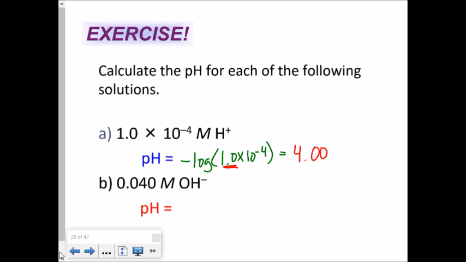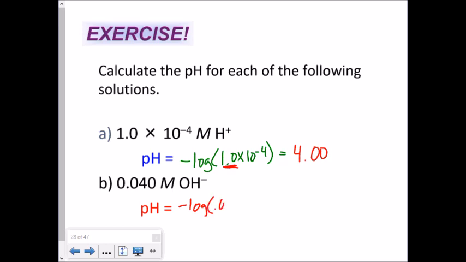B is a little bit more tricky. Why is B a little bit more tricky? Because there's an OH involved. So you can work this a couple different ways with your different formulas. Any suggestions? Find the pOH and then subtract that from 14. Yes, you could find the pOH by doing the negative log. This is probably the method I would prefer too. This is how my brain thinks. I would do the negative log